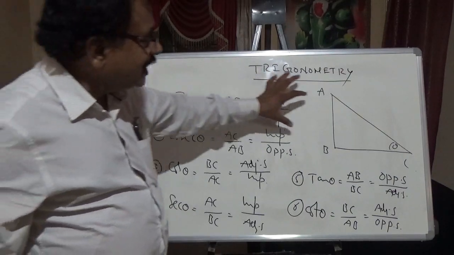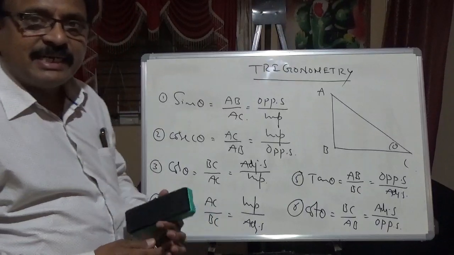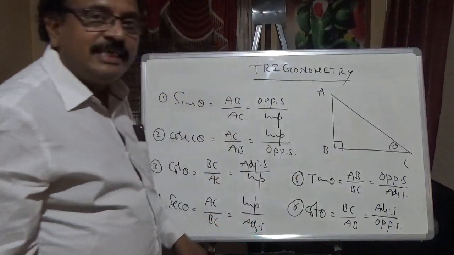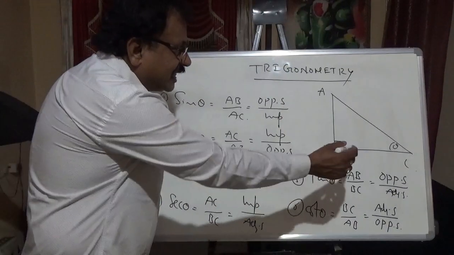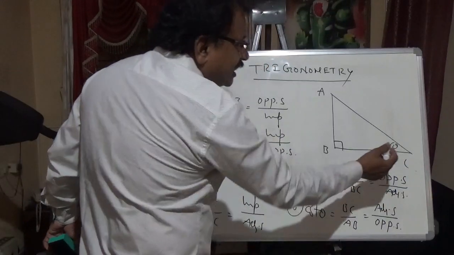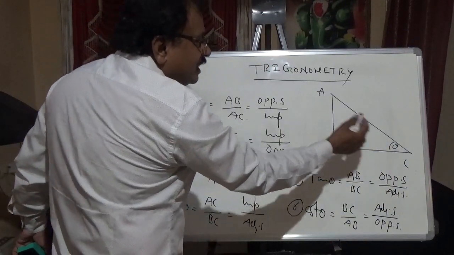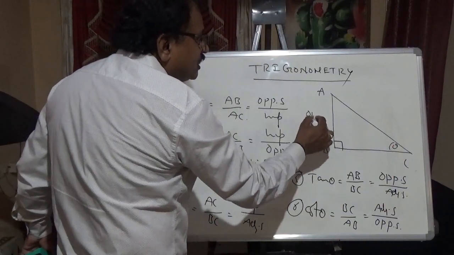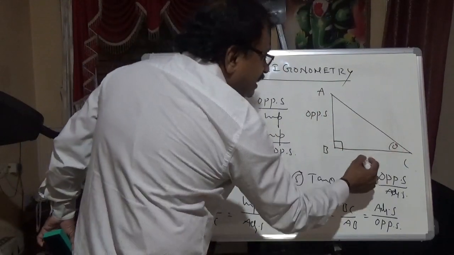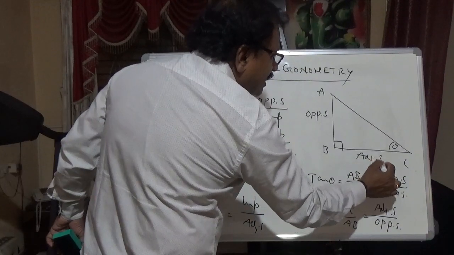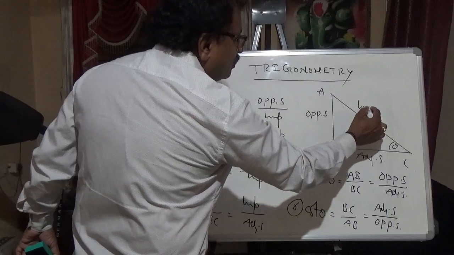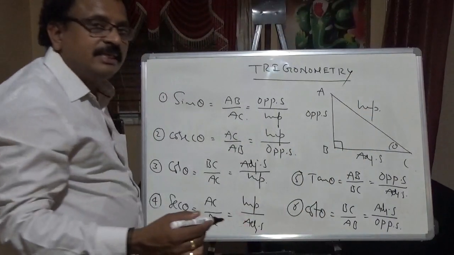See, beside I took one triangle here. This is a right angle triangle because this angle is 90 degrees. ABC is the right angled triangle. Let this angle be theta. That side AB is the side opposite to theta, so this is the opposite side. This side is near to theta, so this is the adjacent side. The side opposite the 90 degrees is always the hypotenuse.